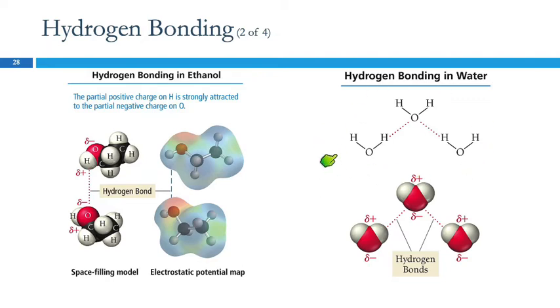Here we're looking at hydrogen bonding in water. Water has two hydrogen-oxygen bonds. And the hydrogen bond is between the hydrogen of one molecule and the oxygen of a neighboring molecule. These dipoles make them like little magnets, and they're attracted to the opposite kind of magnetism, right? Except it's electric charge instead.